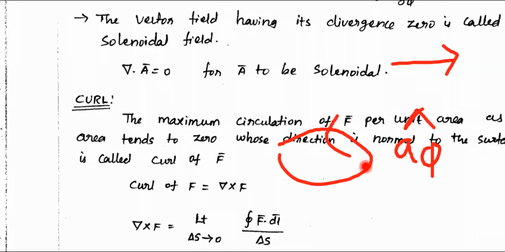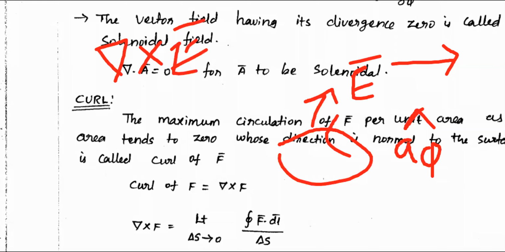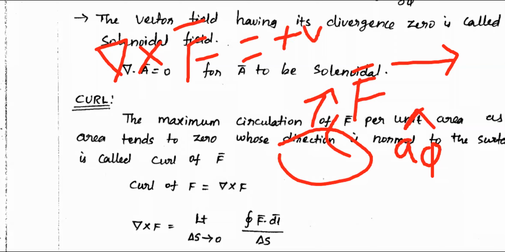So in this case, what can you calculate? You can calculate del cross that vector. Say this vector is some E vector or some other vector. Then it tells whether it really has a rotational nature or not. To avoid confusion, I take some random vector F. I'm not referring to force, just some random vector. If it really has a rotational nature, definitely I will get some value. The value may be positive or negative.